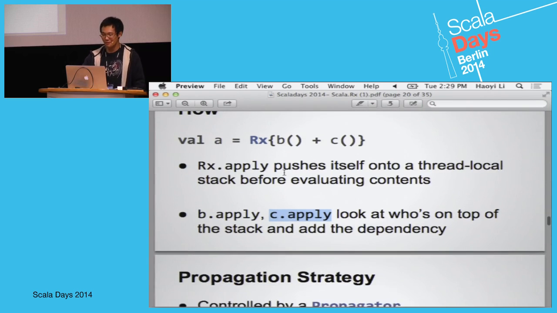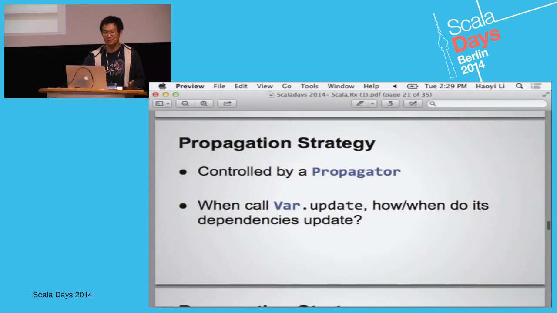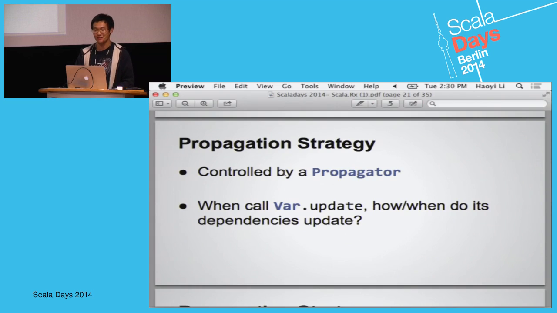So you may be wondering, who actually recalculates when? Because you can't all recalculate now. This is controlled by what's called a propagator. And the job of a propagator is to say, when I call var.update,